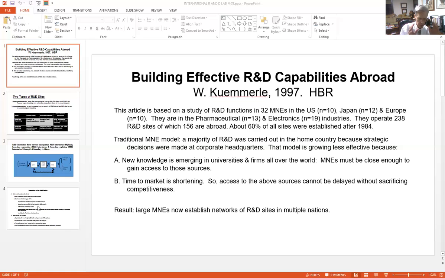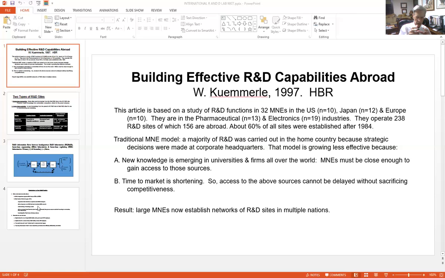So if the new market occurred in China or just another country other than the US, and the research and development laboratories were always based in the United States,